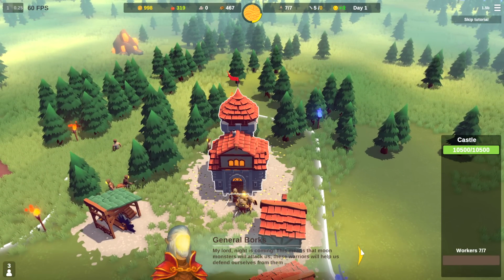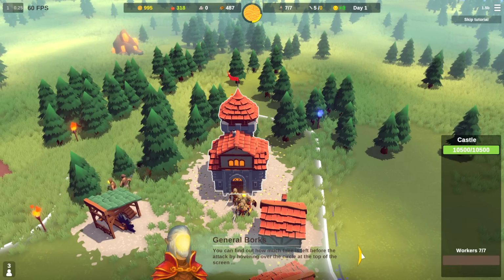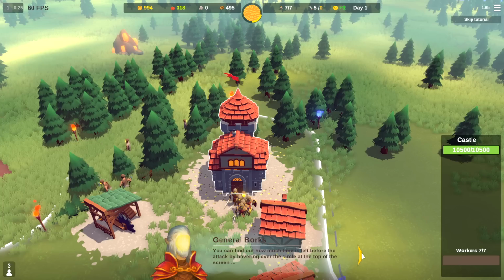Alright, my lord, night is coming. This means that the moon monsters will attack us. These warriors will help us shield ourselves. You can find out how much time is left before the attack by hovering over the circle at the top